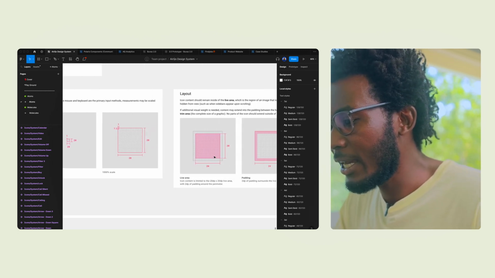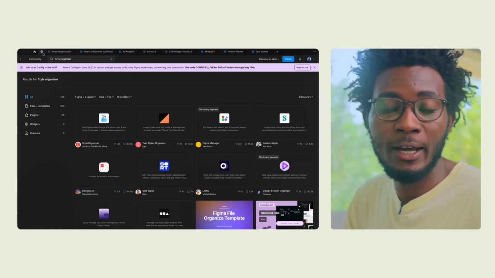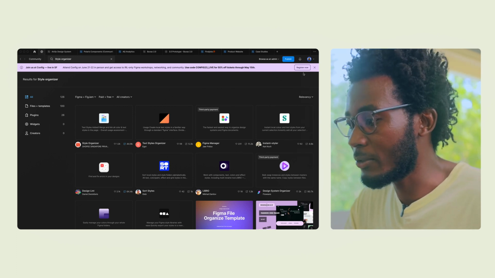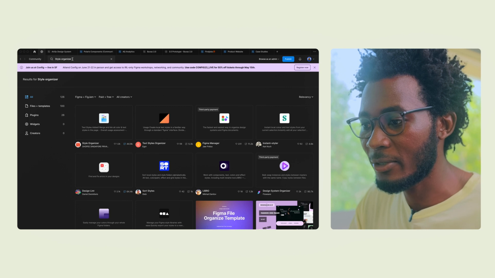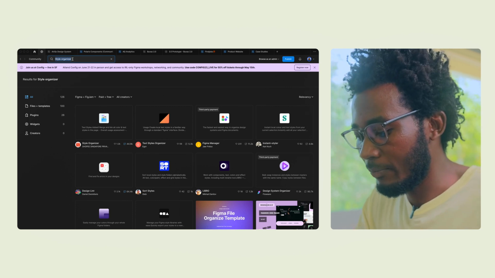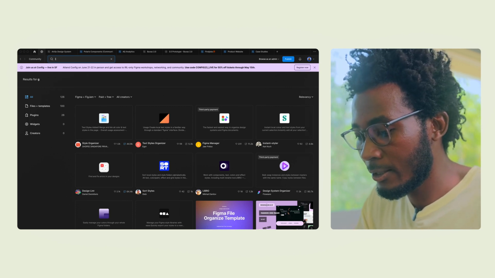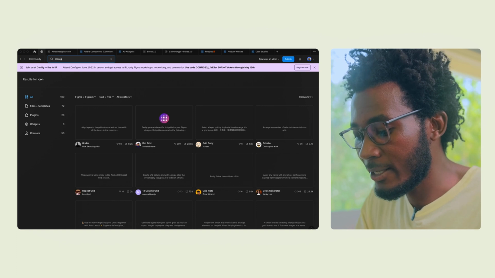For the key line, you can come to the community. Some of these things you don't have to overthink them. So when you come to the community, you'll find that there are resources you can leverage. So if I come here and say, icon grid,